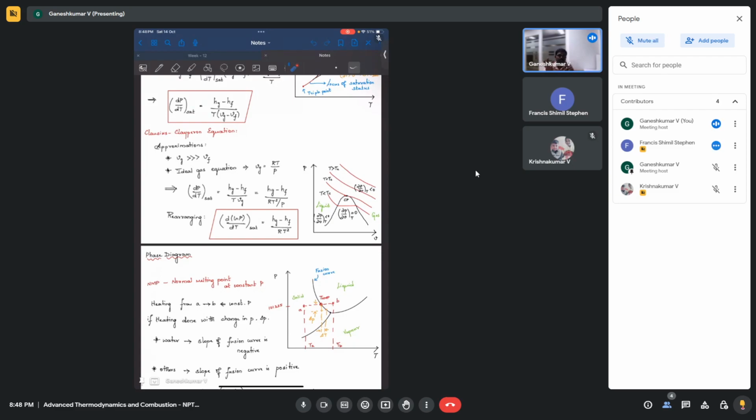So let's say if you specify P and T, P and T are properties. If you specify P and T, based on the equation of state, it will fix all the coordinates of the system and it will tell everything about the system. I mean, it will determine the system, right?